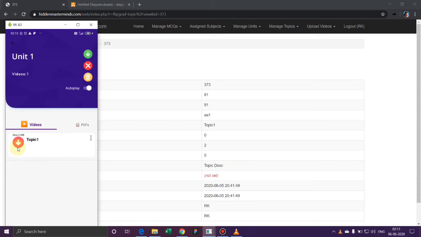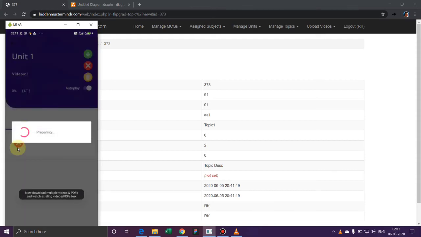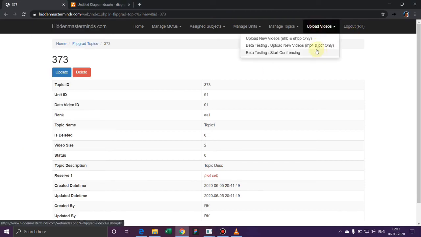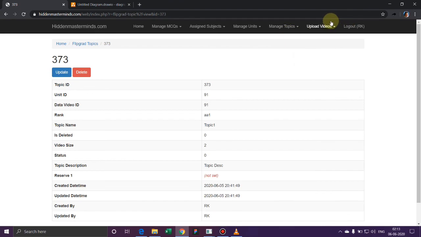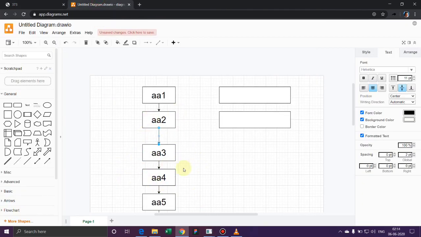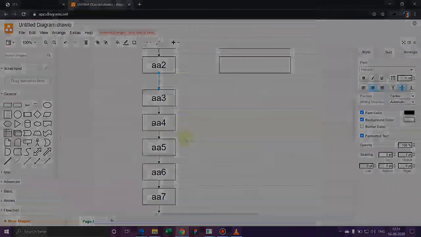So I'll just download this video for now, so that this downloaded video will be the video you have uploaded right here using this upload videos panel, and you can use this uploaded video and create the topic so that it will appear just like this in your application. And then using the ranking IDs, as I have explained, you can rearrange the topics as per your convention.